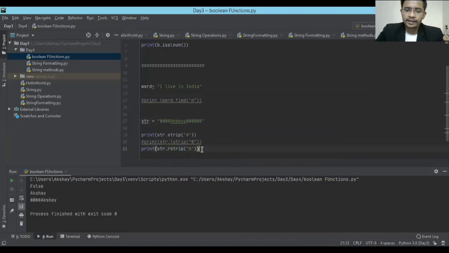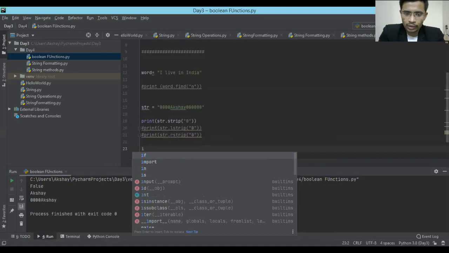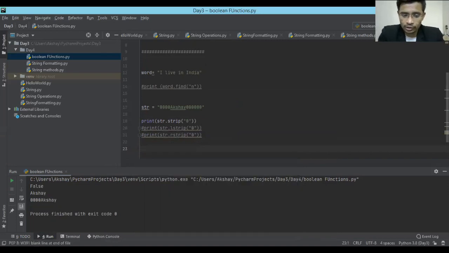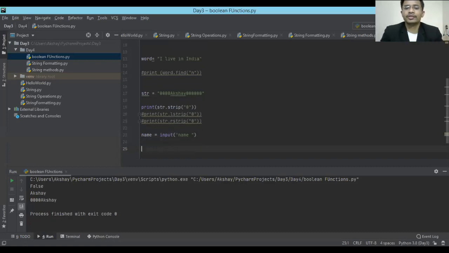There is one more beautiful thing about strip. Suppose you are taking input from the user. Somebody was talking about white spaces earlier, right? This is another way to strip white space. Suppose you are taking a name as input and you're just asking for the name. If somebody types the name with spaces, let me show you.